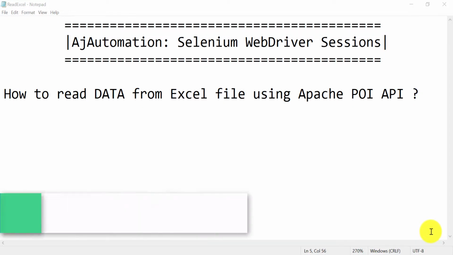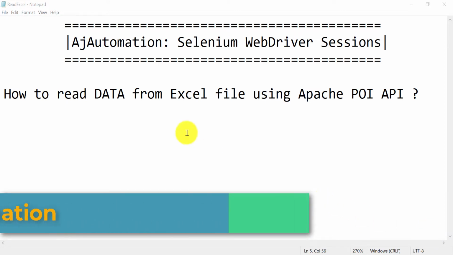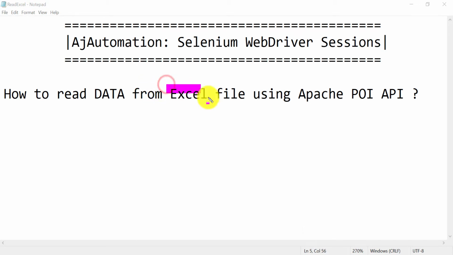So today we are going to learn how to read data from an Excel file using the Apache POI API. Today's topic is to read the Excel file data. In a real-time framework, there are many scenarios where we fetch the data from external files. That can be your Microsoft Excel or CSV file, right? So you should know how to read data from that file, and you can reuse that data in your test